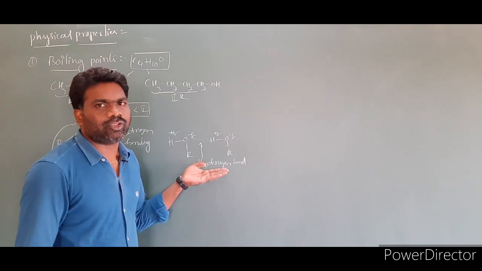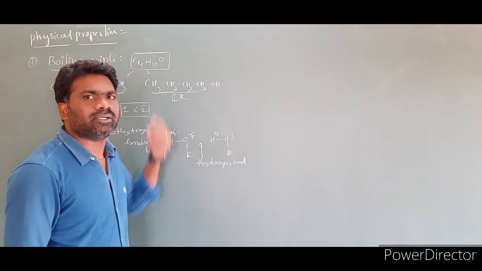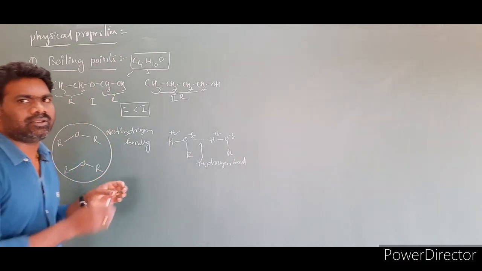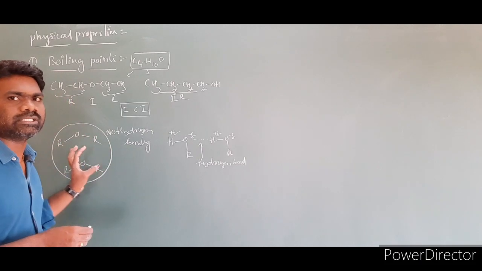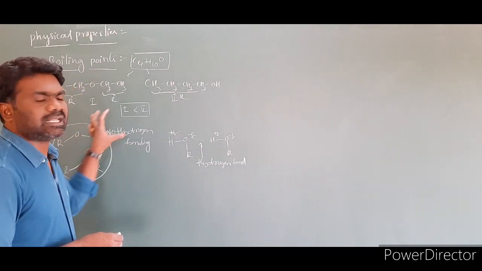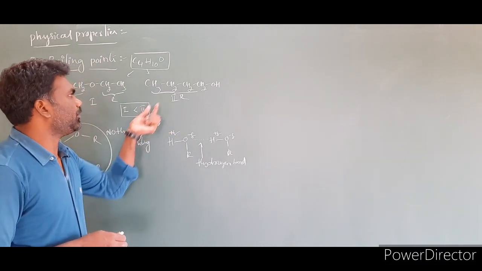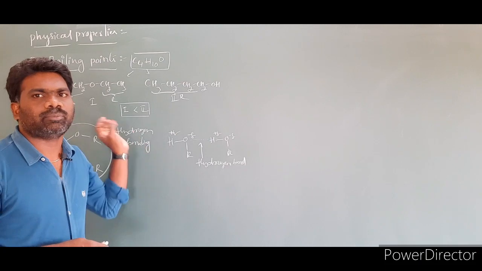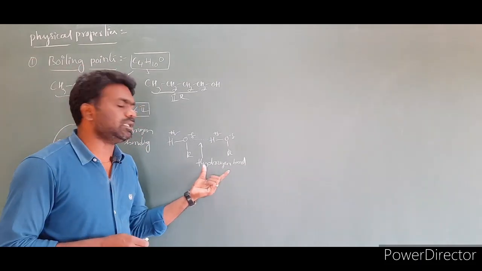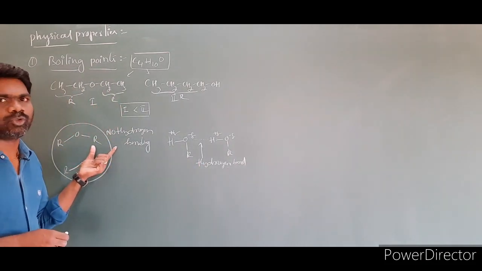Due to the presence of hydrogen bonding in this molecule, to separate these two molecules to evaporate it requires high temperature. But here there is no hydrogen bonding. As a result, we are able to separate these two molecules with low temperature. So the boiling points of ethers are less than the boiling points of alcohols. Or we can write the statement: boiling points of alcohols are greater than the boiling points of ethers mainly due to the presence of intermolecular hydrogen bonding in alcohols, otherwise absence of intermolecular hydrogen bonding in ethers.